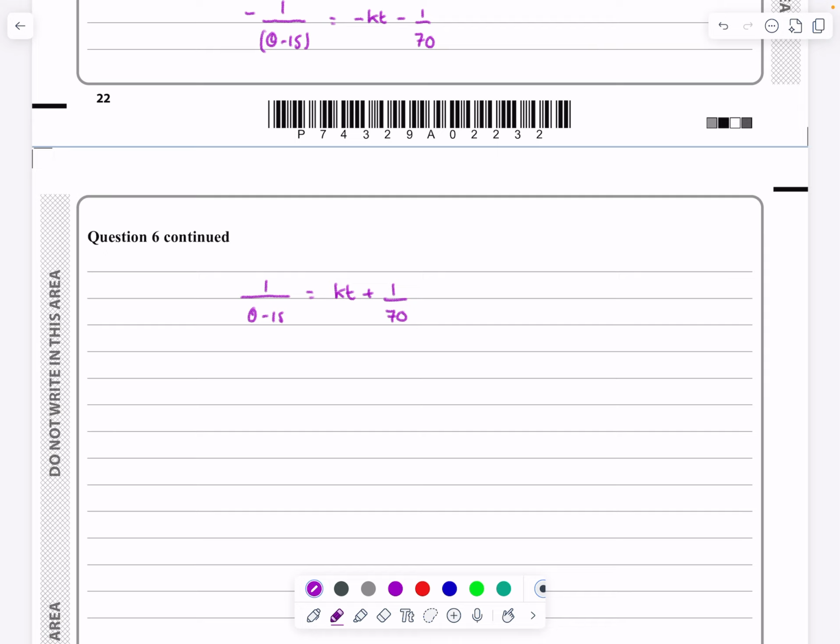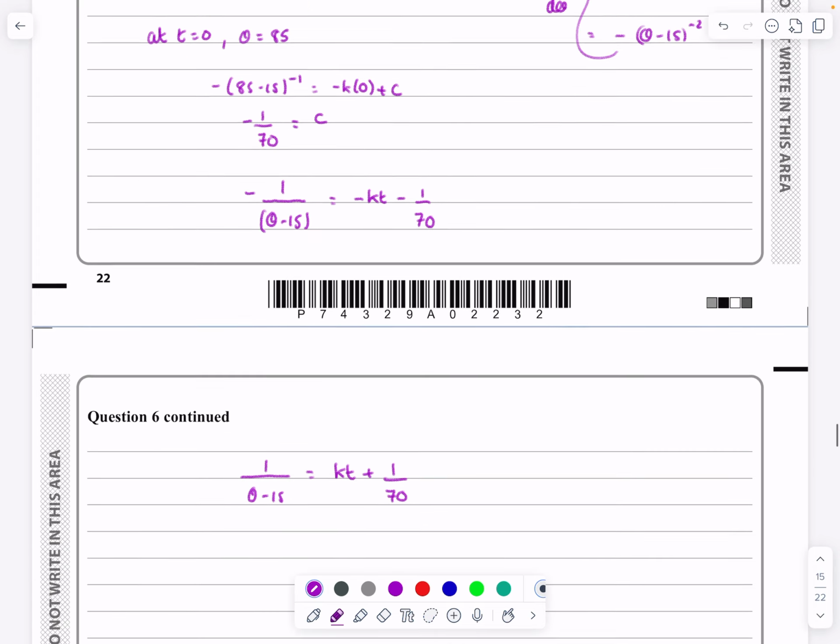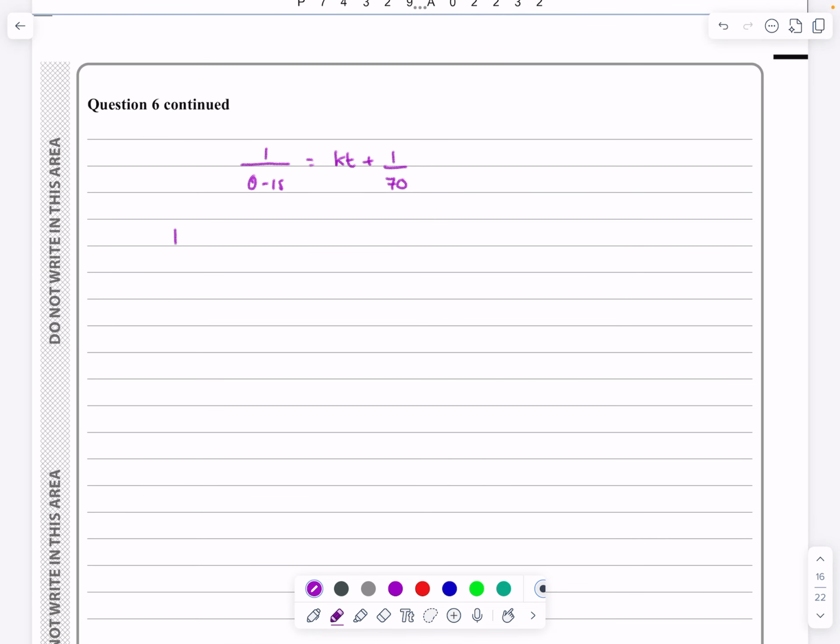So I've used that piece of information. There's a second piece of information here, which tells me t equals 10 when theta equals 40. So put that in: when t equals 10, theta equals 40. This is how I'm going to get my k. So if